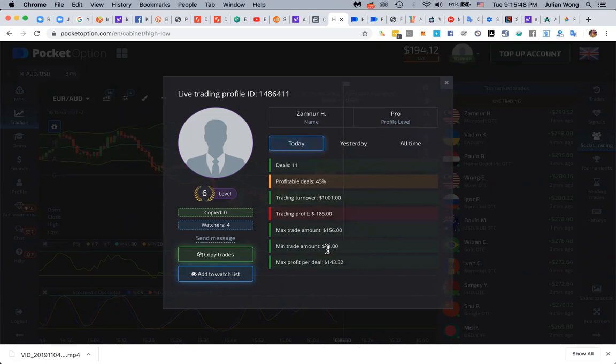I also look into a couple of details. What's his minimum trade? What's his maximum trade? I think he does some martingale over there, okay? Because I can detect this kind of pattern. Yesterday and today, look, yesterday he started smallest trade 26, biggest trade 141. So between today and yesterday, I can tell that this guy is a martingaling person. So do you want to follow this guy? Well, it depends, but not for me.